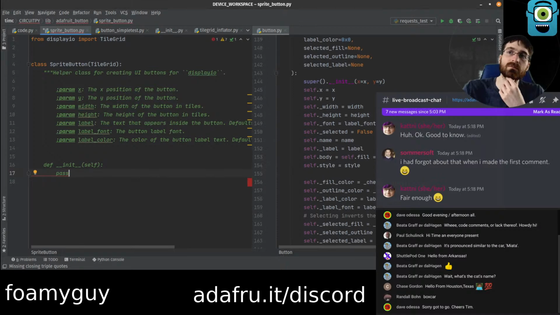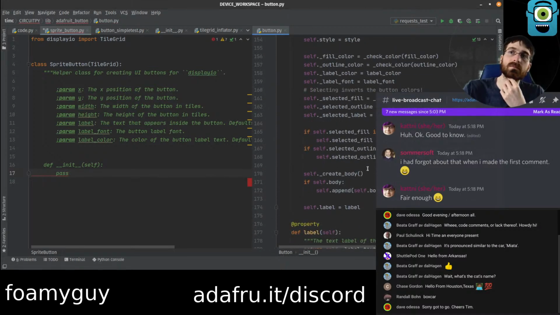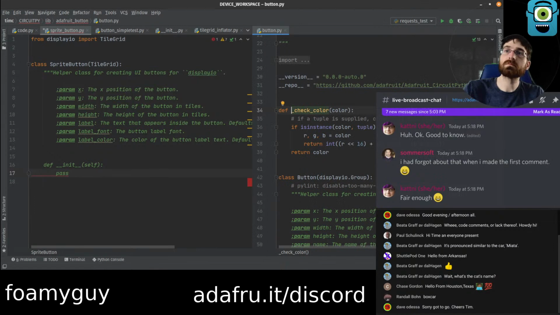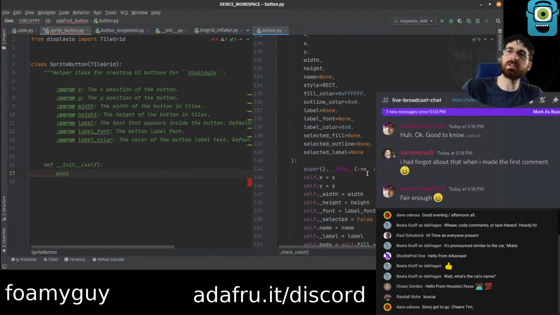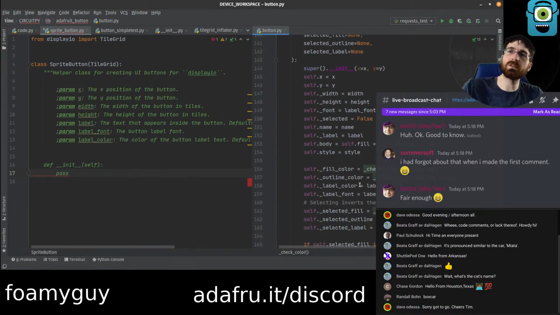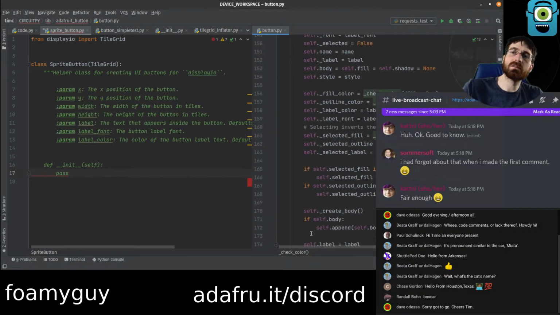None. That color. Okay, those are just setting the colors for when it's pressed. I think by default they go invert, which is what it's saying. Yeah.